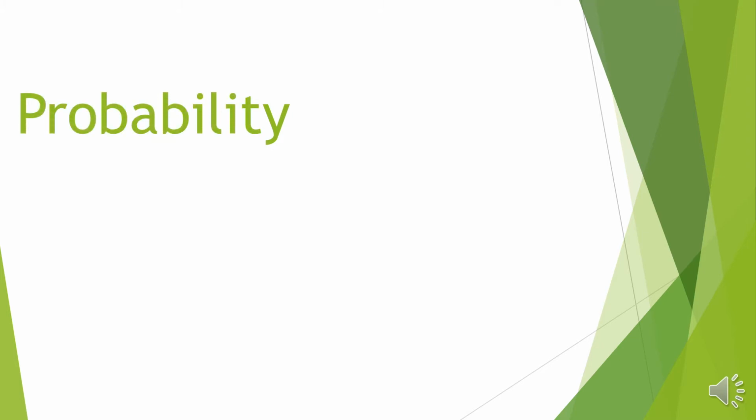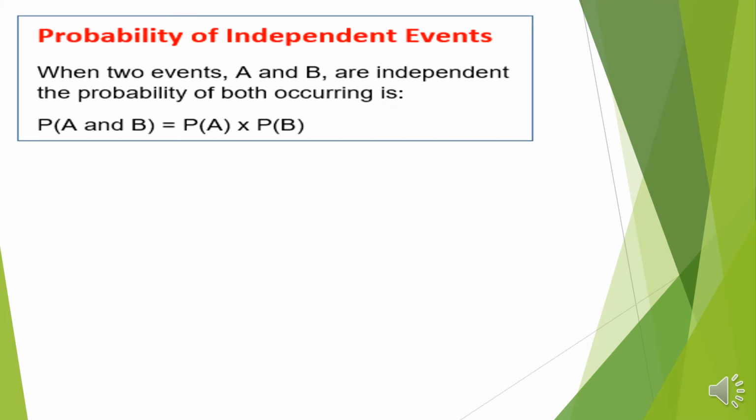Probability, part 2. Let's see probability of independent events. Two events are said to be independent. The two events A and B are independent